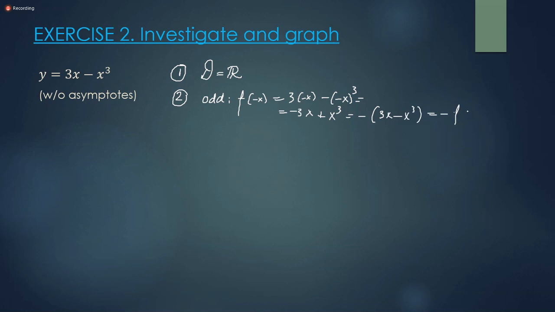We simply verify that if you put minus x instead of x, the function simply becomes its own opposite. That means this is an odd function,